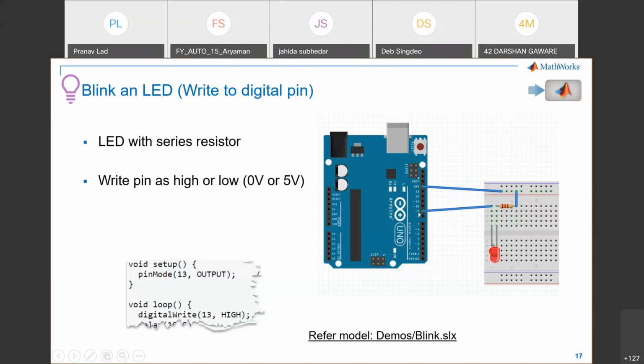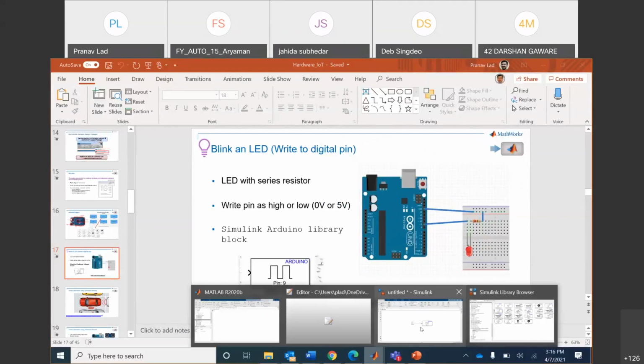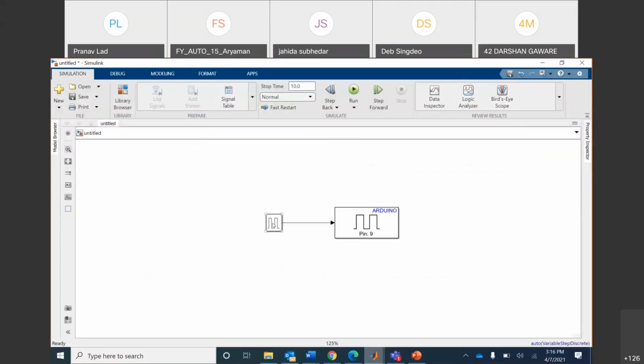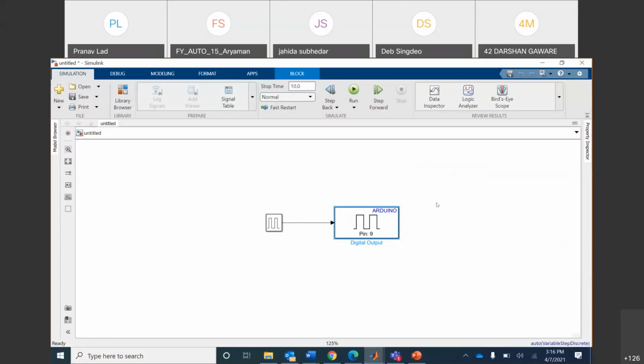In this case, it is connected to pin number 9, and this is exactly what we are doing in Simulink here. So we have this pulse generator, and this is the Arduino pin block. If I double click it, you can change the pin number to whichever pin you have connected the LED to. Right now, as I showed you the connections, it's connected to pin number 9, so I'll keep it as it is.